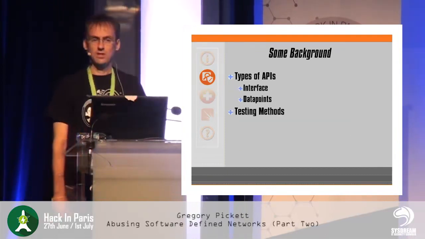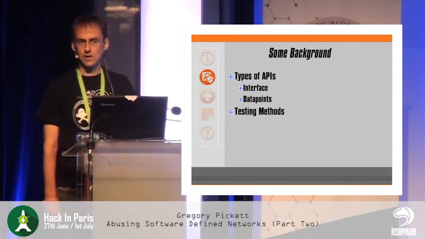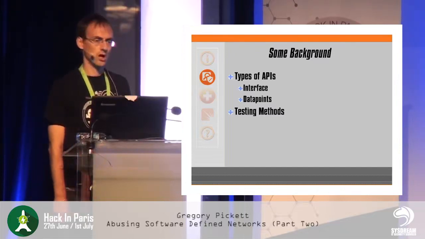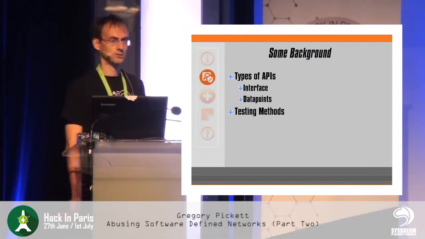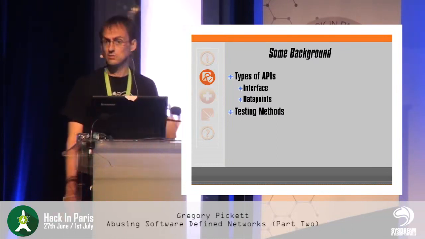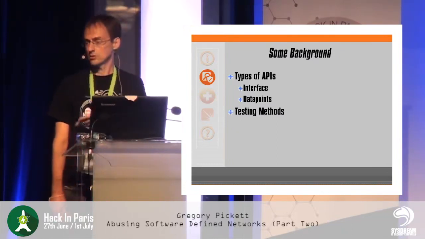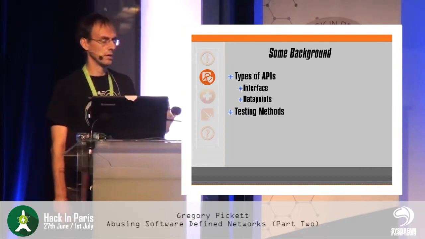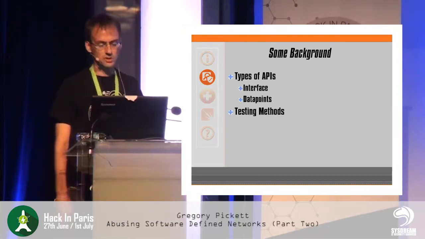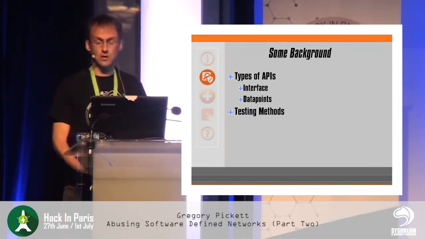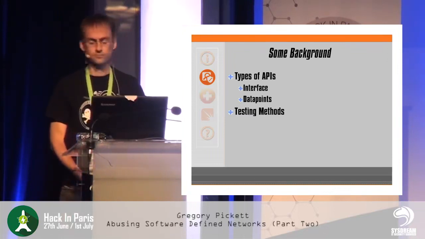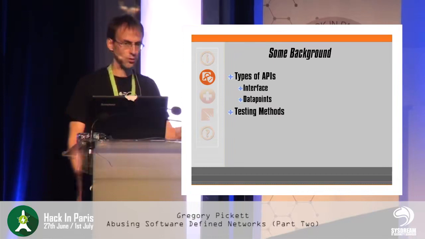Now, to give you an idea of what we're dealing with across all the different APIs, I want to talk about the different controllers that are out there, how they're structuring their data, and how they're receiving their data through their APIs. So we'll deal with different interfaces, data points, and of course covering testing methods. Test those APIs. We'll go through the whole thing, right?